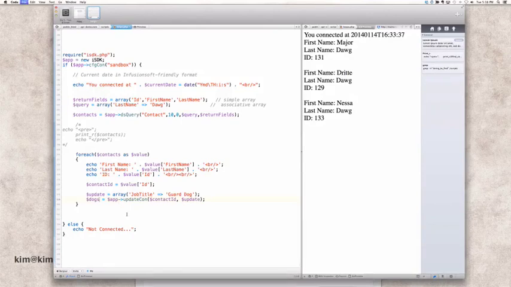So I could just say dogs, hit save, and that would be fine too. And if I wanted to, I could do something here. I'll show you why, I'm going somewhere with this. I could say echo dogs,